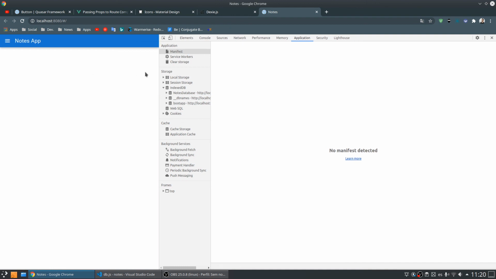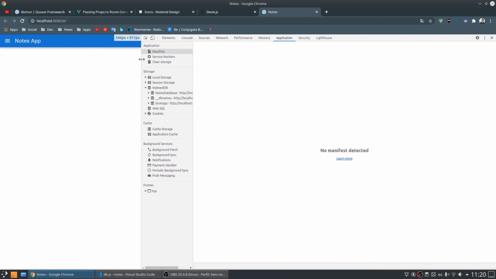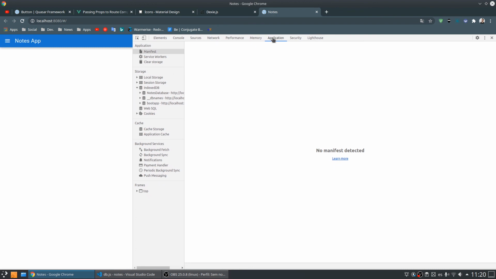In the Chrome Developer Tools, we have the application tab, and here different storage types. These are technologies that we can use to store data for our application inside the browser. Dexie.js uses IndexedDB to store data, and using IndexedDB we can create tables and columns